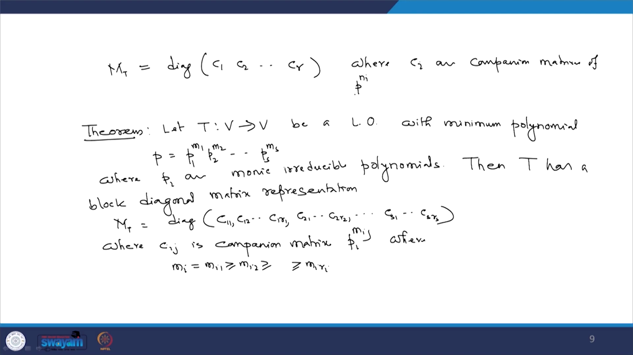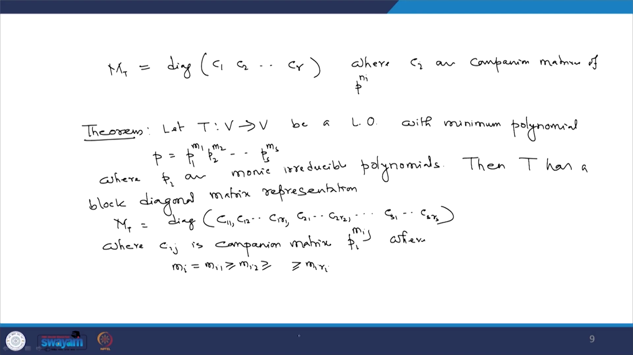Now, the generalization of the above lemma, which is coming in terms of these theorems, is saying that if T is a linear operator on V to V with minimal polynomial p equal to p1 to the power m1, p2 to the power m2, up to ps to the power ms, where pi is a monic irreducible polynomial, then T has a block diagonal matrix representation M_T equal to